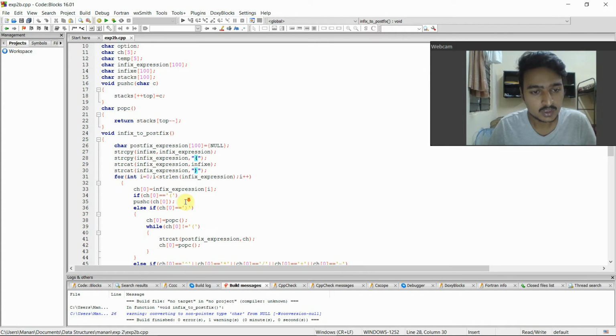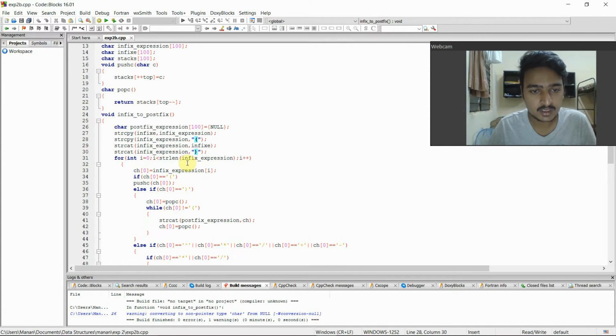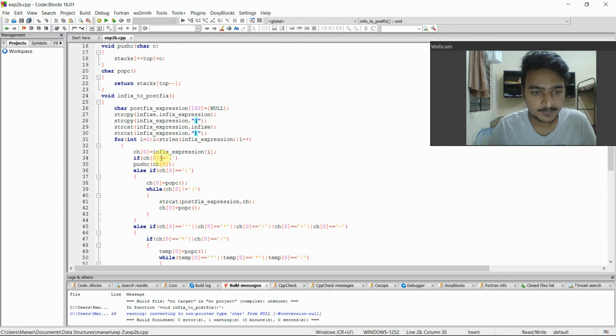So we are using string functions for the implementation of the brackets, and then we are using a for loop to check all the characters in the expression individually. We're using if else statements, that is an if else if ladder. The main concept of the program is to check